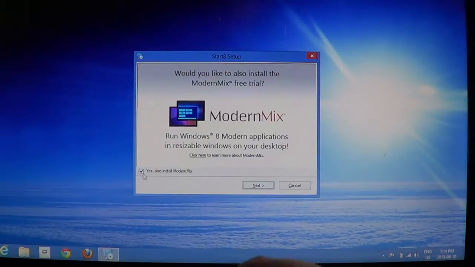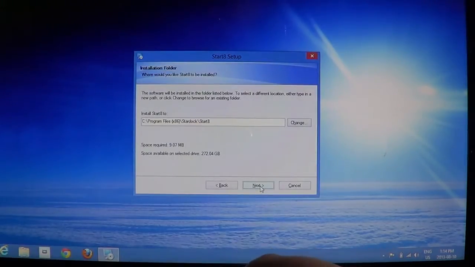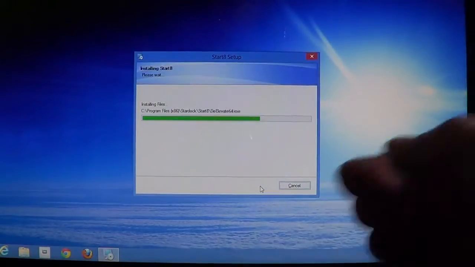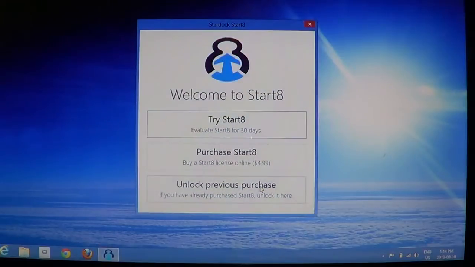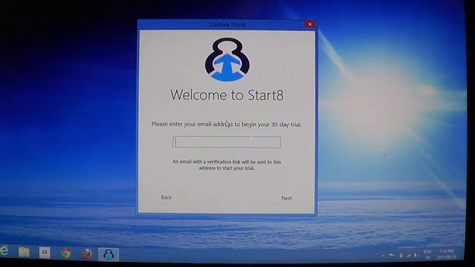and no, we don't want Modern Mix. Just Start 8, that's all that we want. And so we go next. It installs quite easily, as you see, and we'll try Start 8,